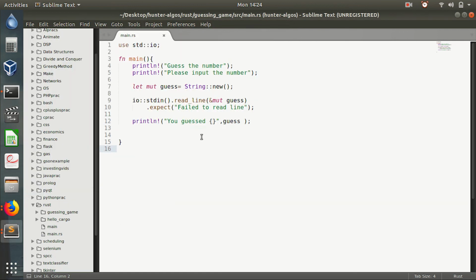So the thing is, we'll be explaining this new function creates a new empty string. This represents that the new function is associated with the string type, not a particular instance of string, and it creates an empty instance of string. All right, and some other